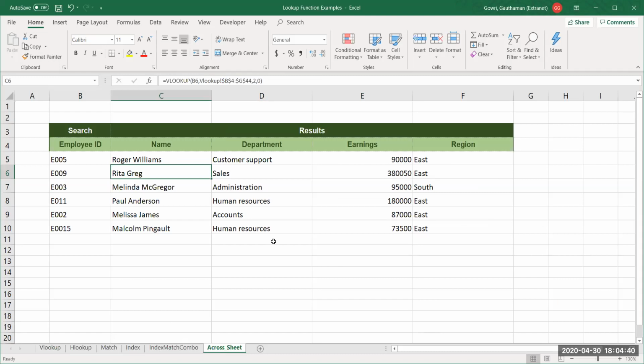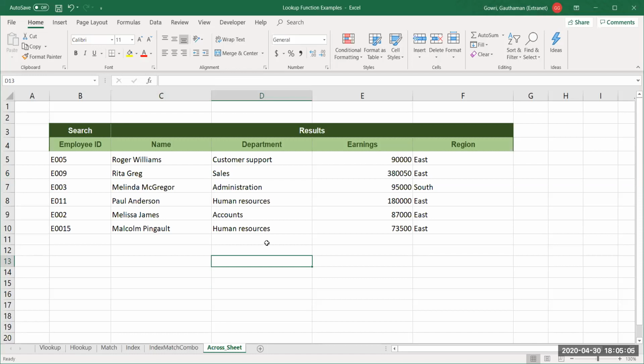I can also look up values from a different workbook. Is that all clear to all of you? Yes. If you have any doubts, please let me know. We'll move to the next function then.